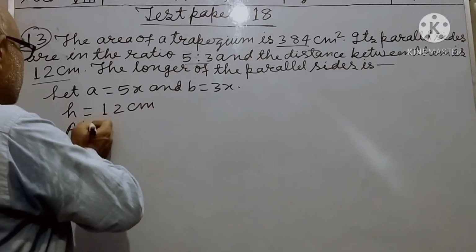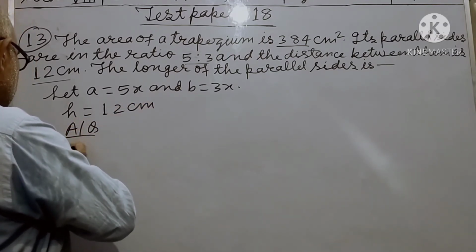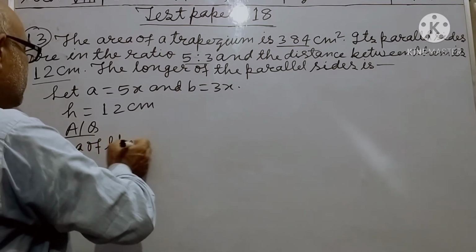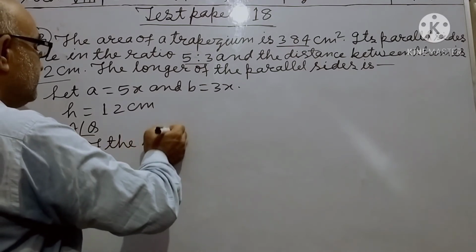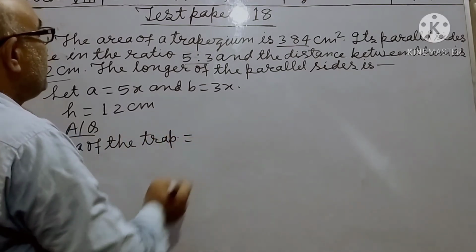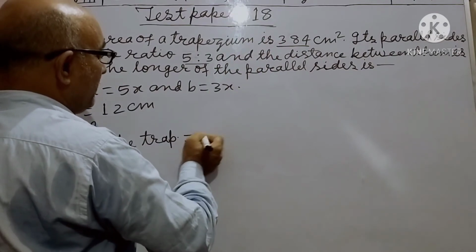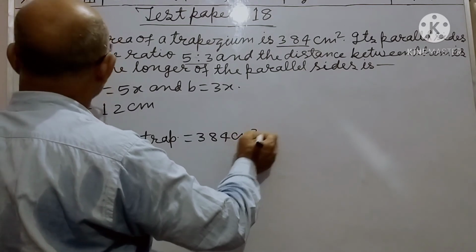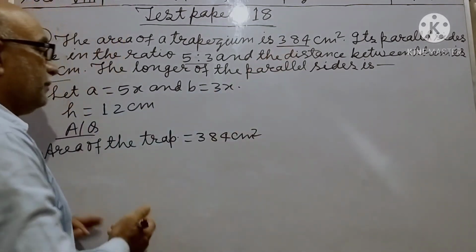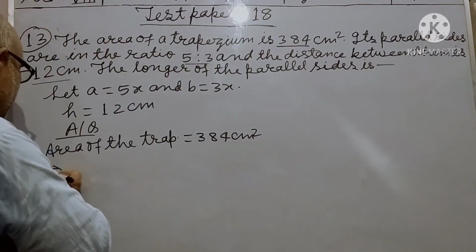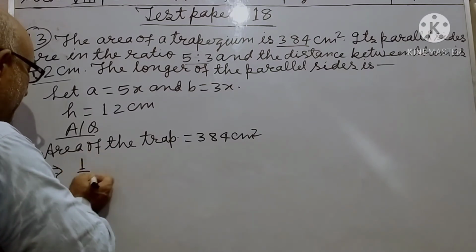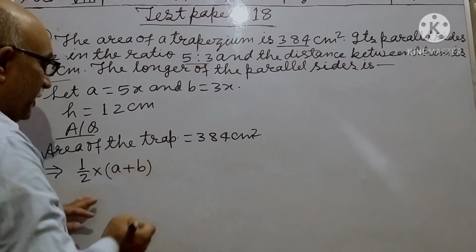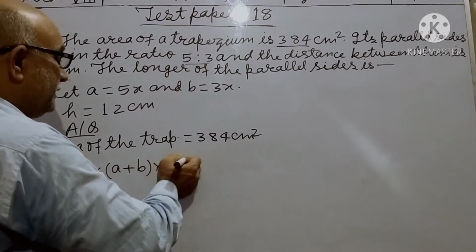According to question, area of the trapezium equal to 384 cm square. That implies area of trapezium equal to 1 by 2 into sum of parallel sides, so A plus B into height